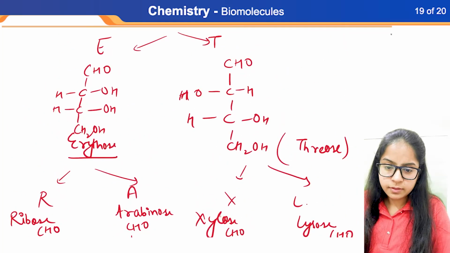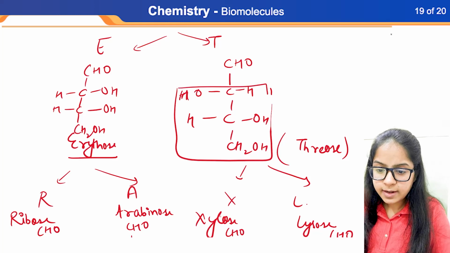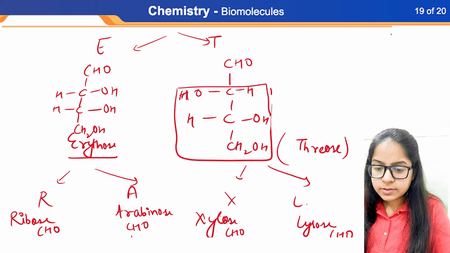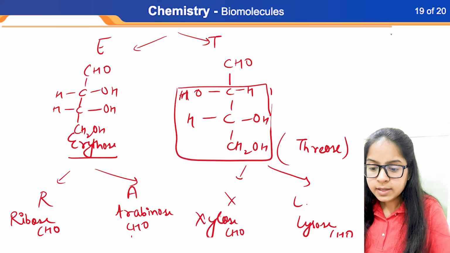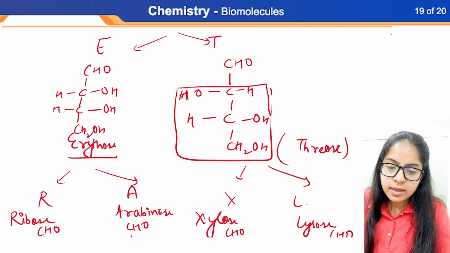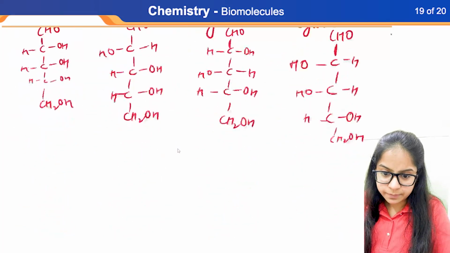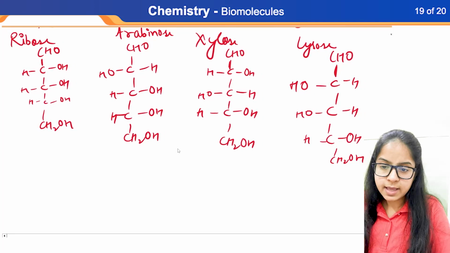Just make this the same one. Okay. After that, if it is on the left side, H on the left side, increase the chain by putting H on the left side and OH on the right side. Here, H on the right side and OH on the left side. I told you this one because I want to show you deoxyribose and